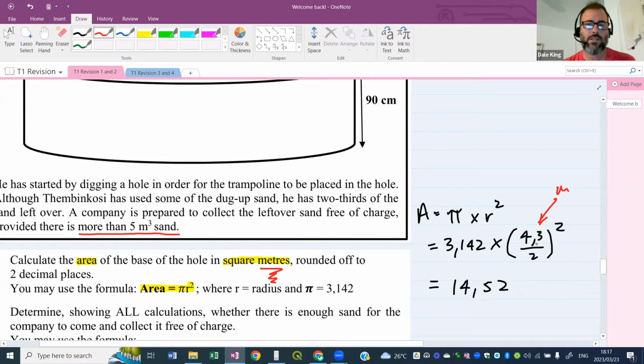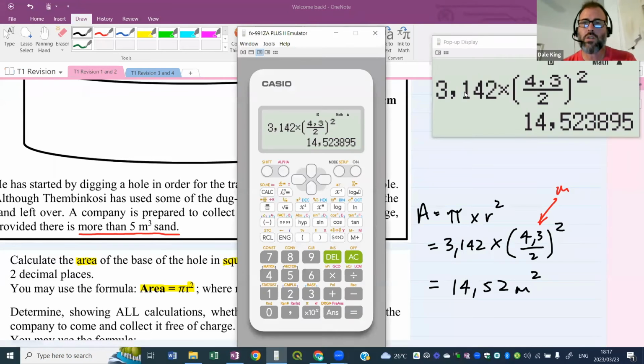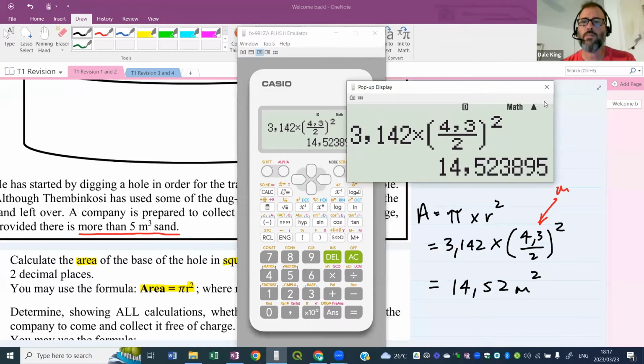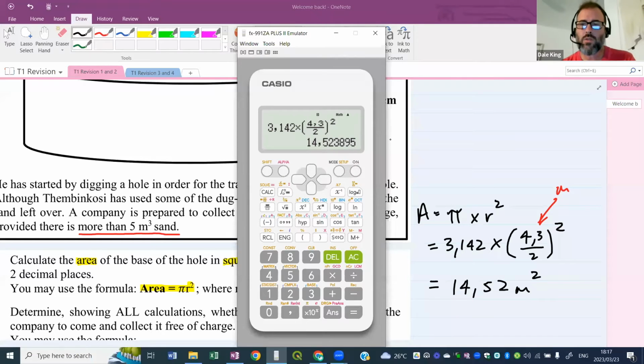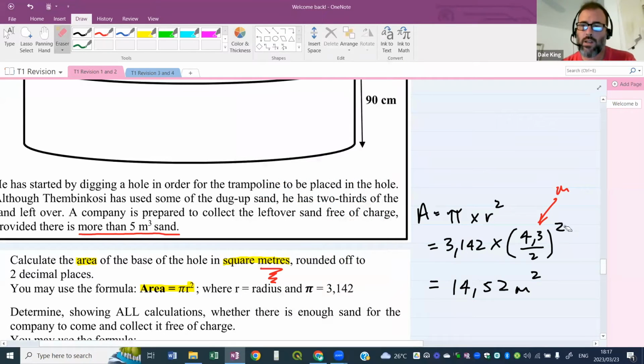And I know kids are thinking, oh, Teacher Dale, why did you not show the units there? I'll tell you why. Because I've seen marking, and when students look at this type of question, what they sometimes do, I'll show you here on the calculation, all right? So have a look here. So what they sometimes do is